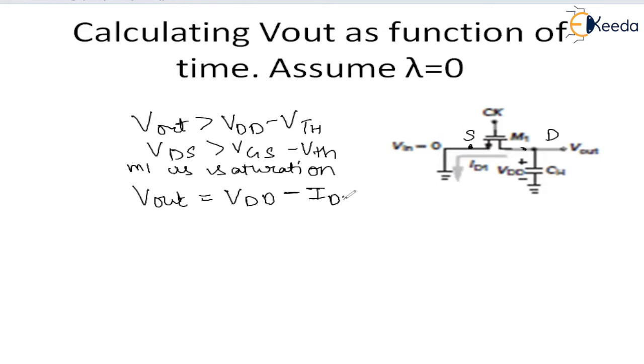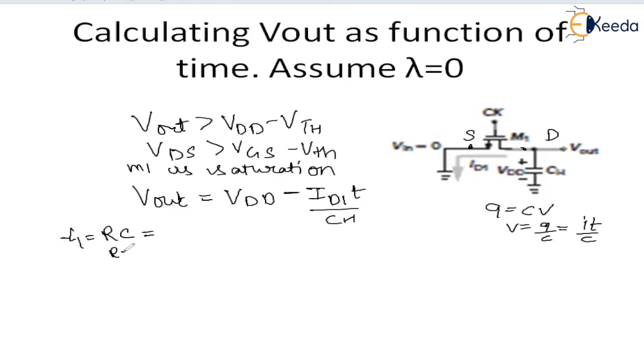The voltage drop is ID1 T by CH. From Q equals CV, we can say V equals Q by C, and Q can be written as IT. So let's take a condition after time T1. We know when it is fully charged to the value VDD, that is the time constant RC. After this time RC, what is this time T1? It can be written as